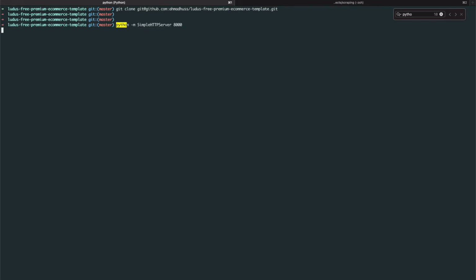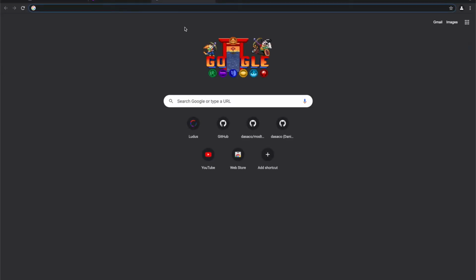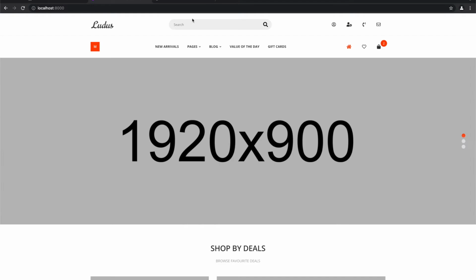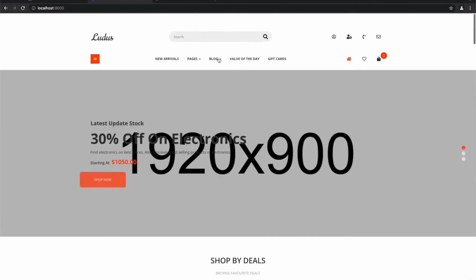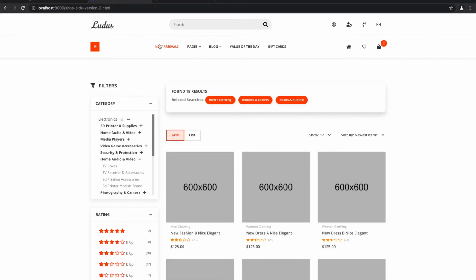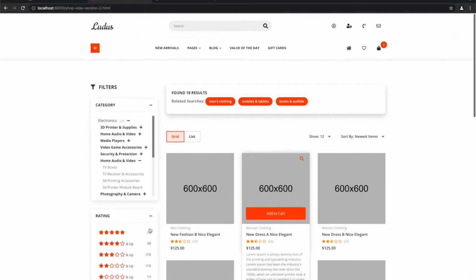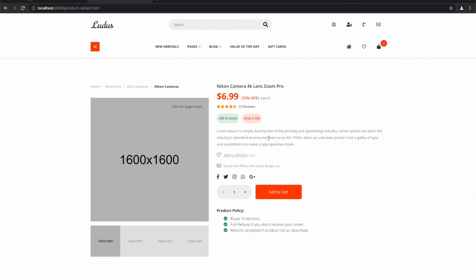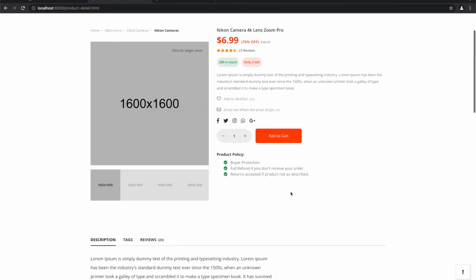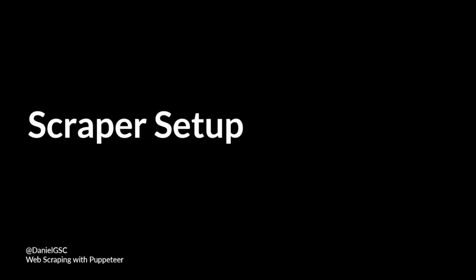You can also do this on MAMP or whatever service you want to serve it on. Or you can target any website that you have already. We're just using this for example. So if you go to port 8000, you'll see this website, and it's just an e-commerce website, very nicely looking. You can just go into the product and that's where we can play around with it. So let's start.